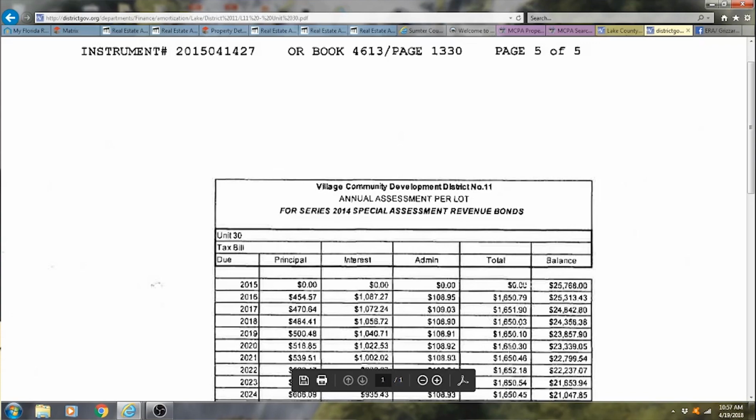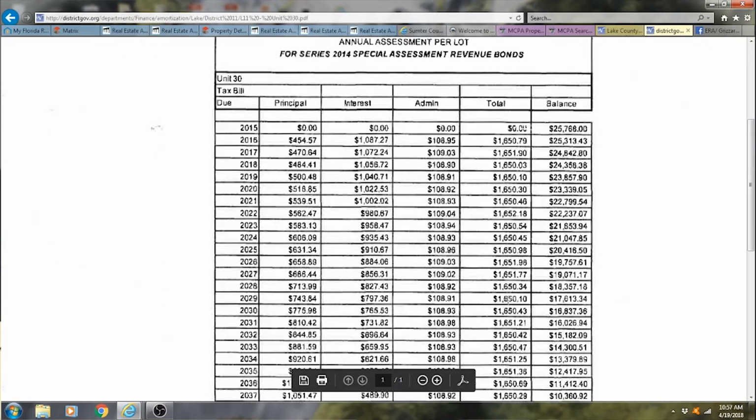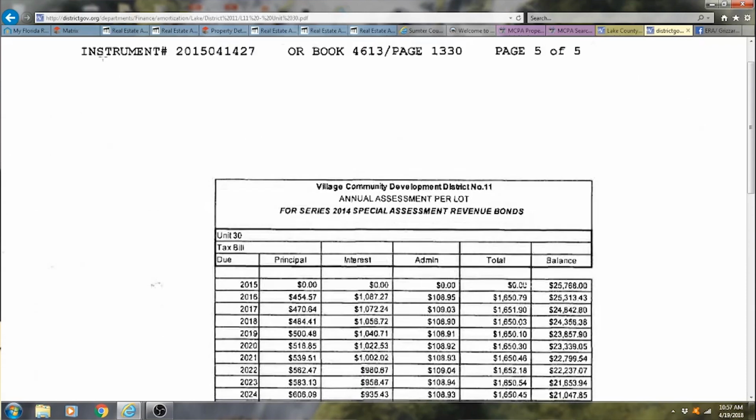And it's pretty consistent. $1,650 is pretty much the consistent amount, and these bonds are for over 30 years. And what the bonds are, again, is the cost of the infrastructure that the Villages had the CDD, or Community Development District, build into each home site, and then they assess this bond. Okay, so going back,